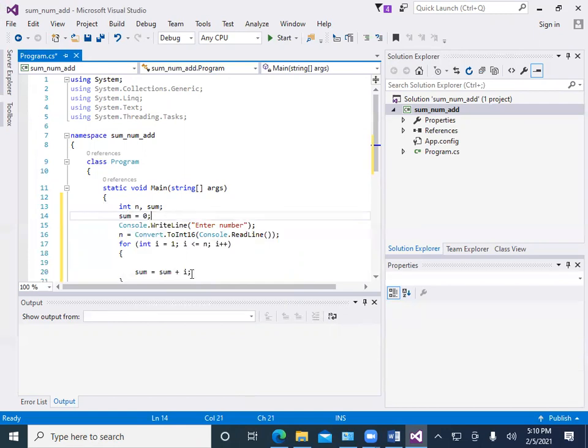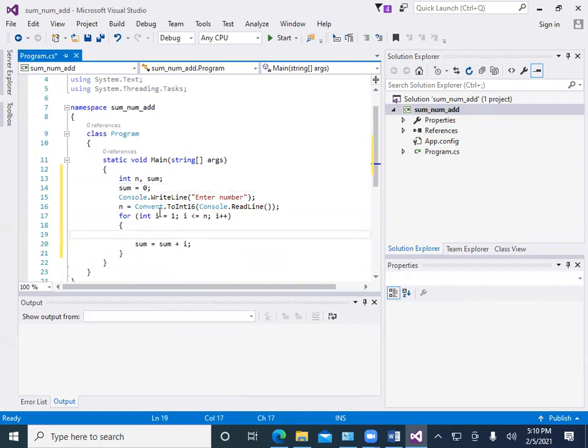Okay, so initially we get the number from the user. If the user enters 5, then the for loop starts from here. i's value is 1, 1 less than or equal to 5, condition true. It will do the addition. The value of sum is 0, 0 plus 1, it's 1. So now its value is 1.